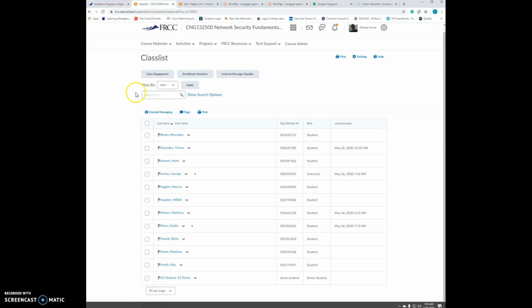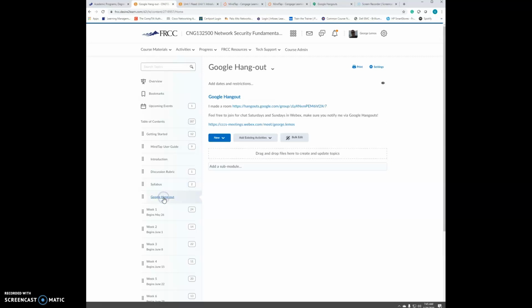So everybody, make sure you hop in that Google Hangouts. And once again, if you go to content, I should have a Google Hangout room. That's how you get to my room. Follow that link and join it. I do have a WebEx room, if you guys are looking to work collectively. That Google Hangouts room, this WebEx room should open up. You will have access to share screens, share content. I would say since campus is open, that's probably going to be